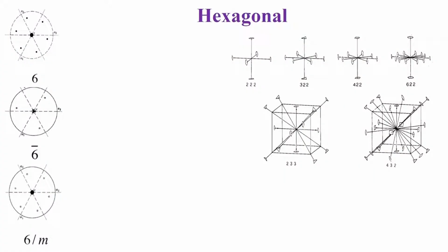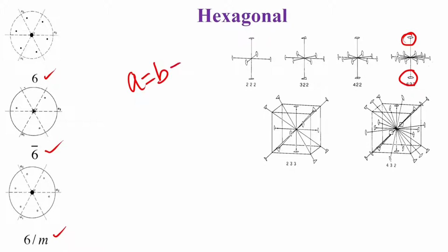Now, we will go to the hexagonal system. Again, in the hexagonal system, you see that the 6-fold symmetry is now perpendicular to the direction. In fact, this is a 6-fold symmetry. It looks like a 2-fold in this diagram, but it is a 6-fold symmetry, and 6-fold by itself can exist just like the 3-fold and the 4-fold. So, we get the 6 bar and 6 by m, and in this particular case the equivalent points appear at 60-degree rotations, because it is a hexagonal symmetry,